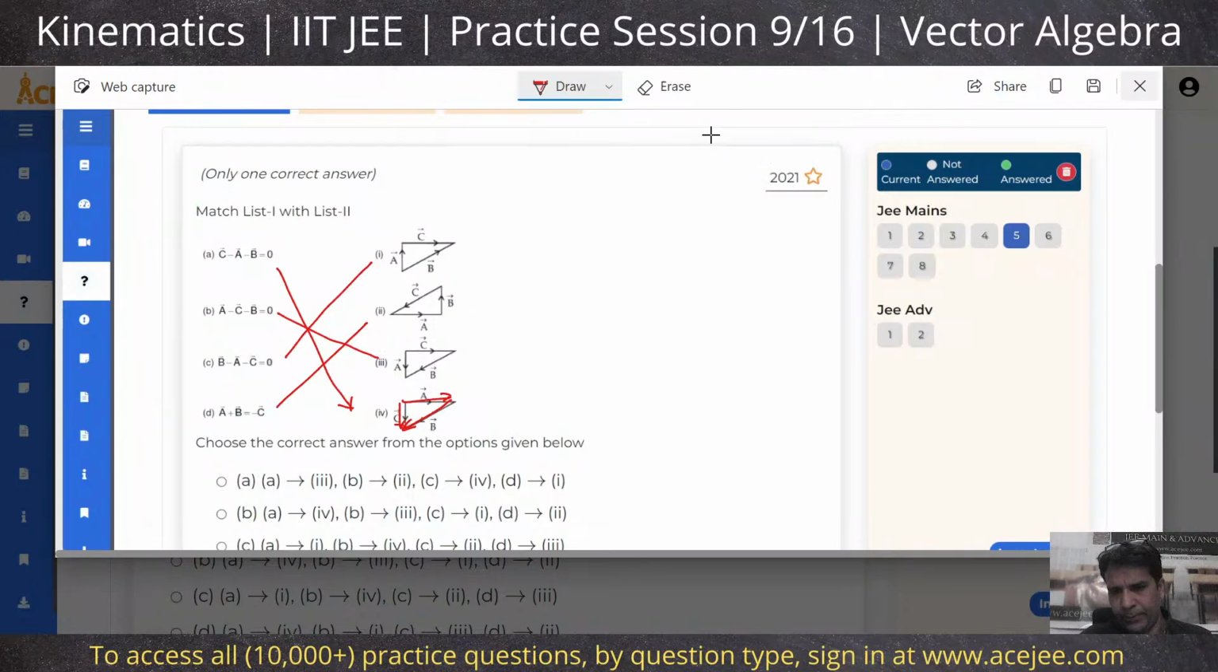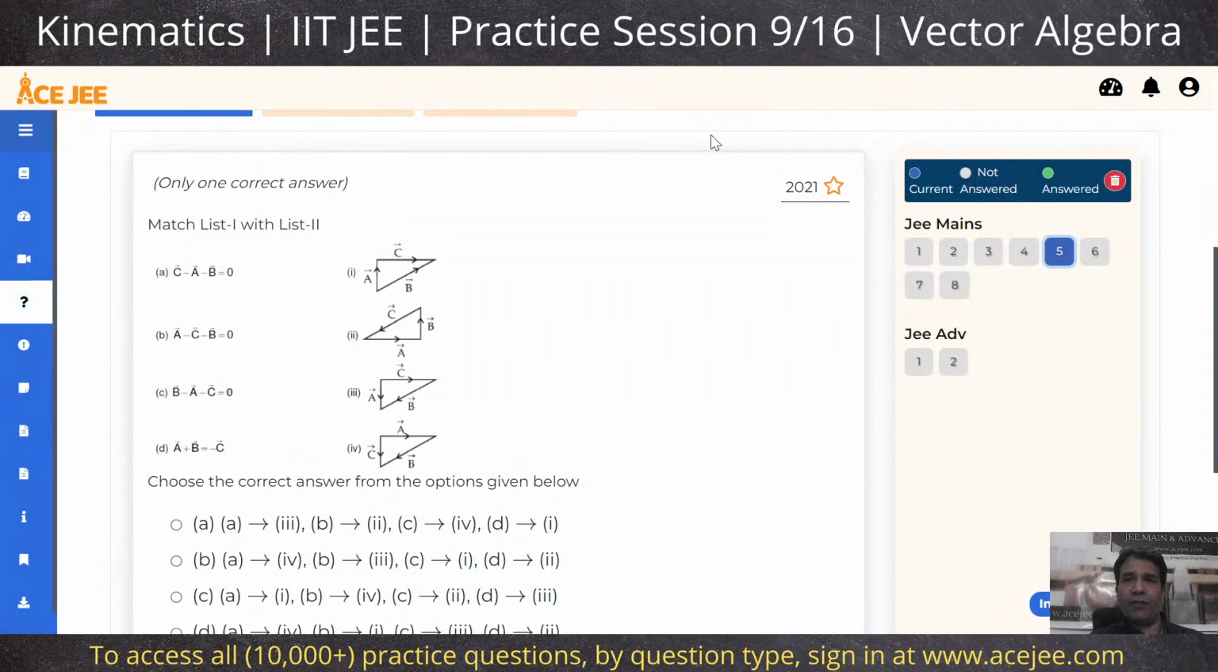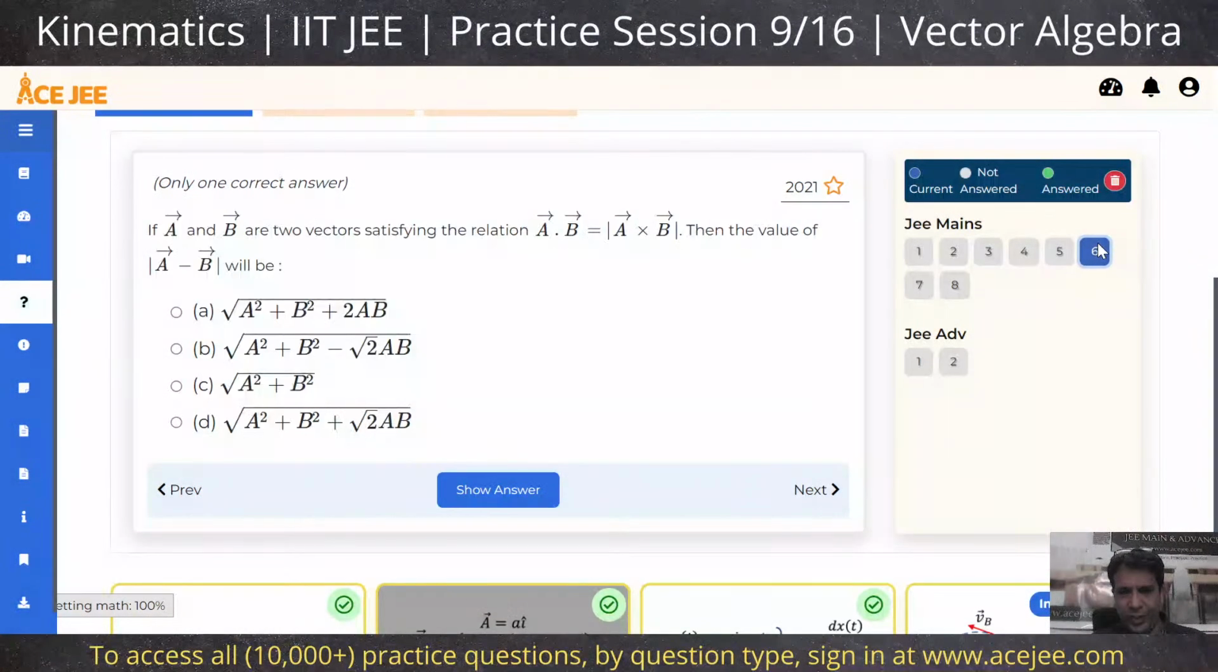Yes, sir. The image may not have been very clear to read, so that's why I just volunteered to solve this one. It was fairly straightforward. But if you still want to read it, you can go back and look at this question